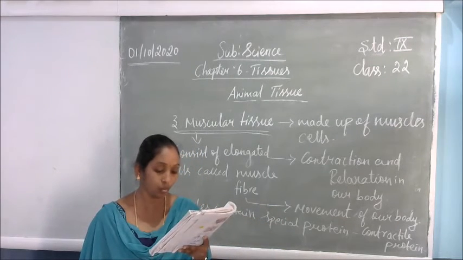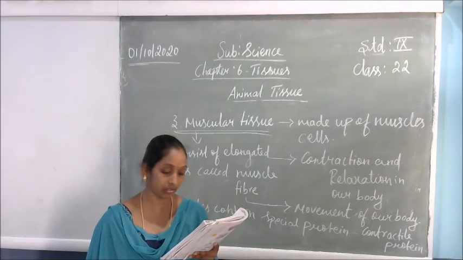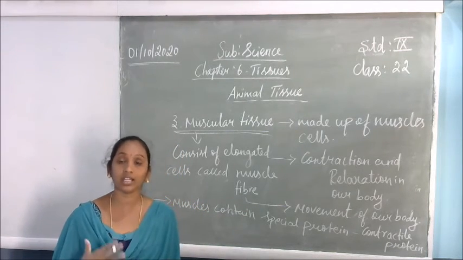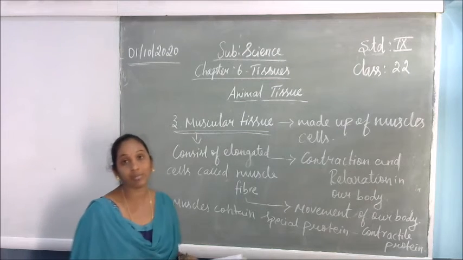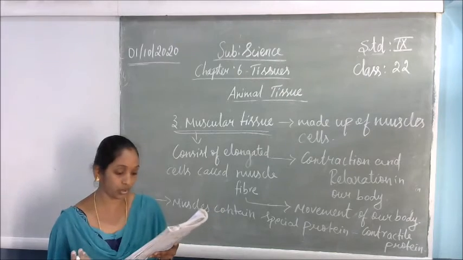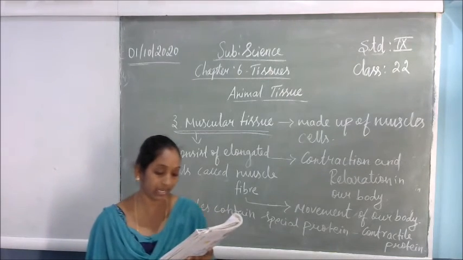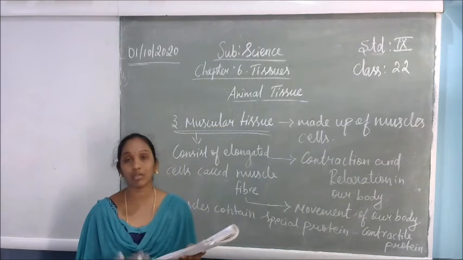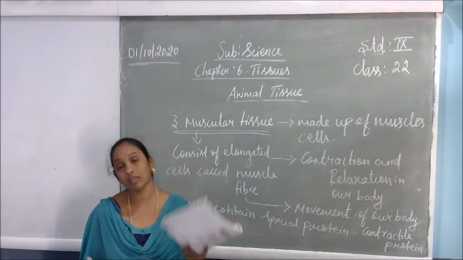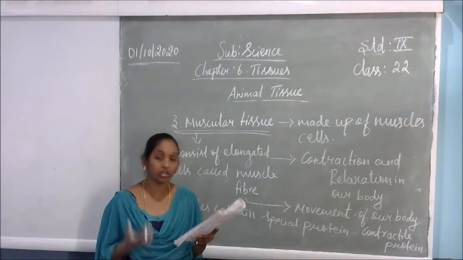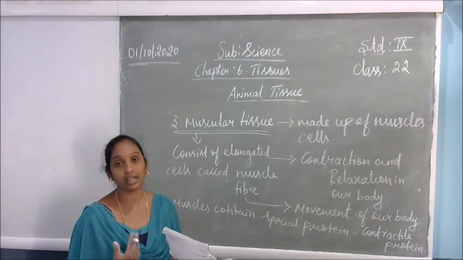We can move some muscles by conscious will. Some of the muscles are under our conscious control, so we can control their movement. For example, in our skull and limbs, they move when we want them to and stop when we decide. Such muscles are called voluntary muscles. There are two types of muscles. Skeletal muscles we can control ourselves, so they are voluntary. If we tell them to stop, they will stop.